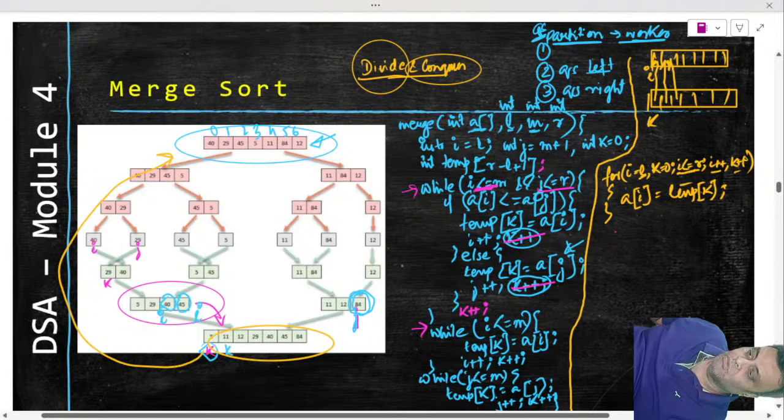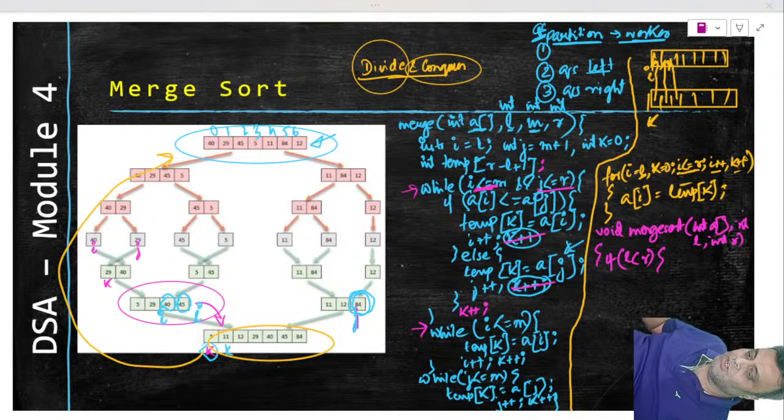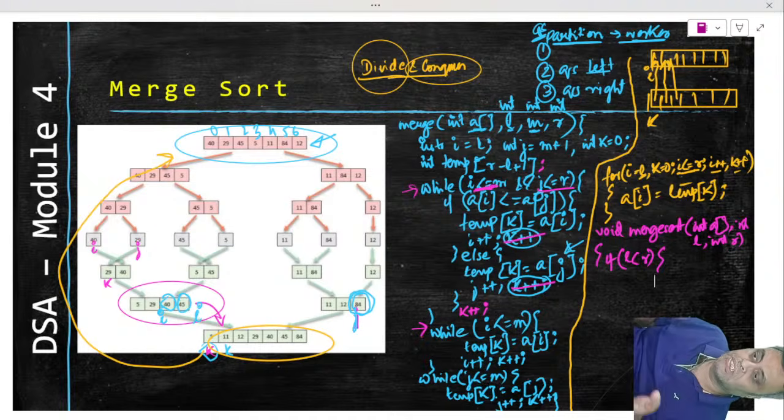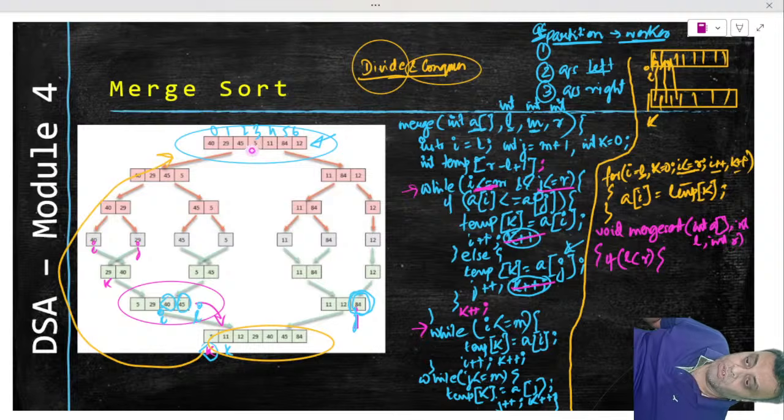In that part, what we will do is we will say that merge sort is a function which accepts int A, which is an array, int L and int R. And inside merge sort we will check L less than R. If L less than R, we will calculate the midpoint. Partitioning has to be done, right? Nobody did this partitioning here. What it did is it just merged everything. It did not do partitioning. Now we have to do this partitioning, right?